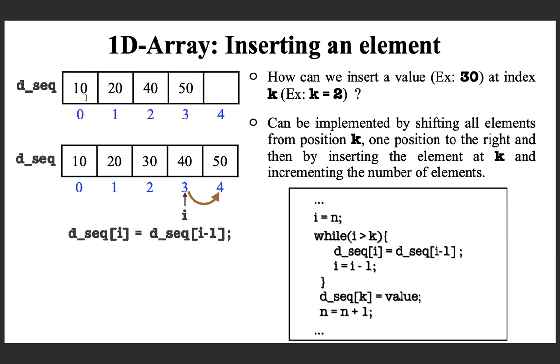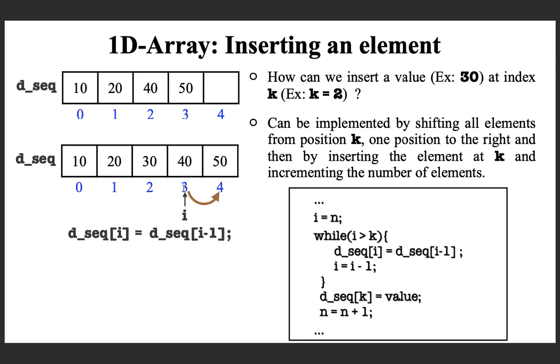previously how many elements are here? 4 elements are there. From index 0 to 3, there are 4 elements. So definitely I want to start from n because to the 5th element, I am getting the last element. That's what I see. So start from index n and until the value of i is greater than k. So k is where I want to copy. So until the value of i is greater than k, what you do?